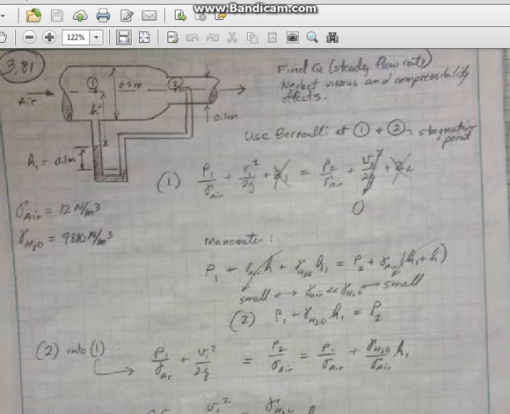Okay, let's look at a typical Bernoulli problem in Chapter 3. This one makes use of the Pitot phenomena that we saw last Thursday in the lecture. So this is problem 3.81 in the textbook. So we have this kind of strange shaped tube here with two diameters, one big diameter going down into a